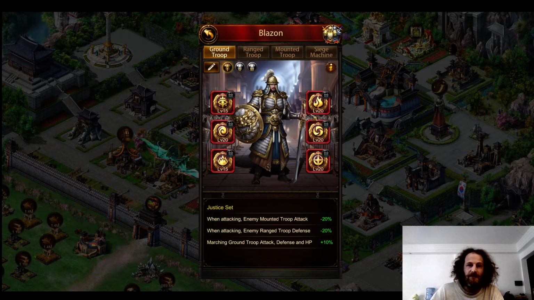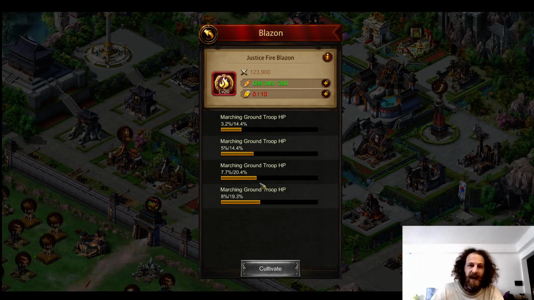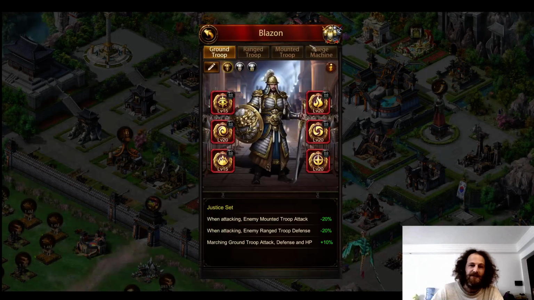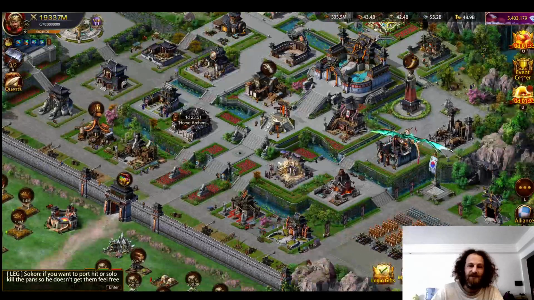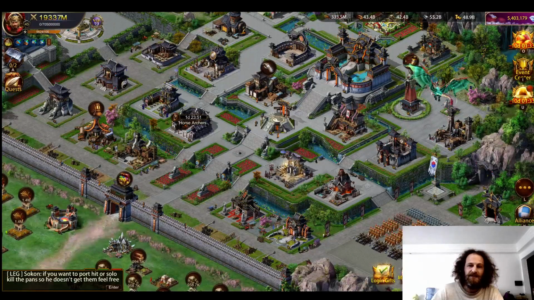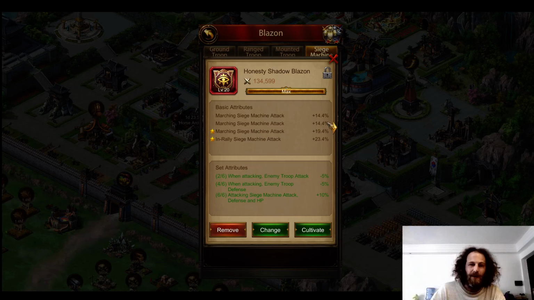Let's look at the one that I did. Okay, this one, I cultivated 2 of these statistics to max. I didn't want to have those stats on ground troop, so I used the inherit feature, which is right here, and swapped to a siege machine attack. I don't have to exit, I can click on Blazons anywhere. These stats were on the ground troop hit point,